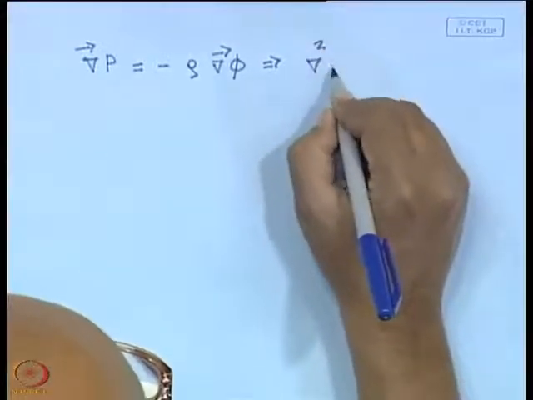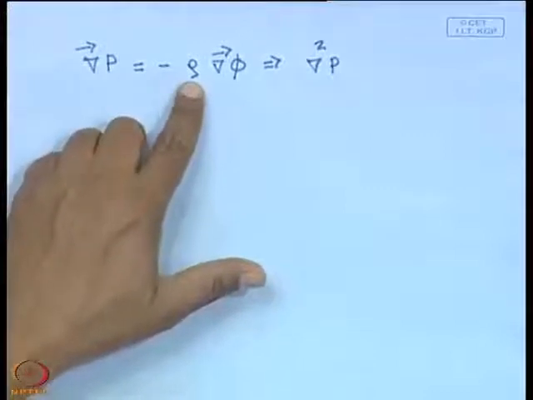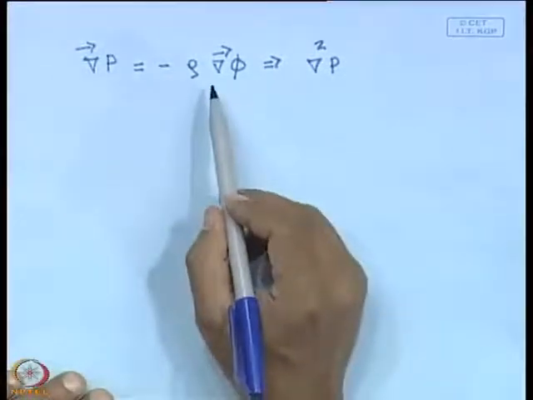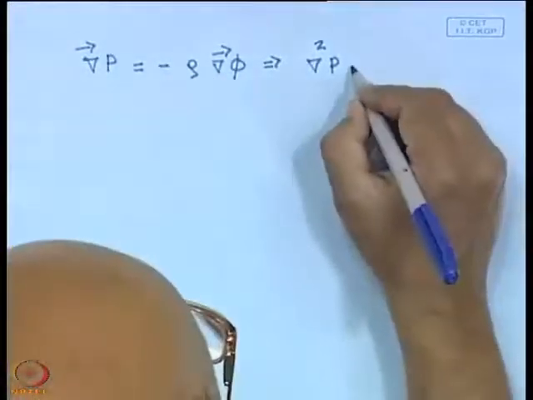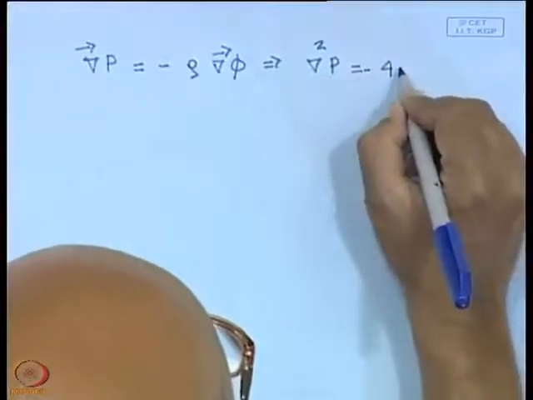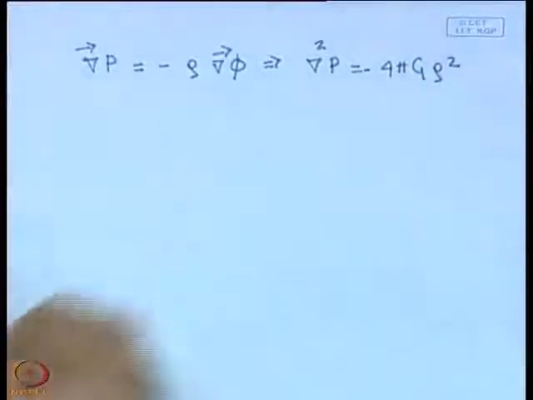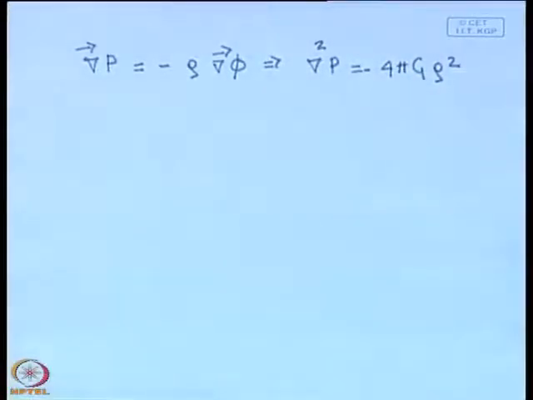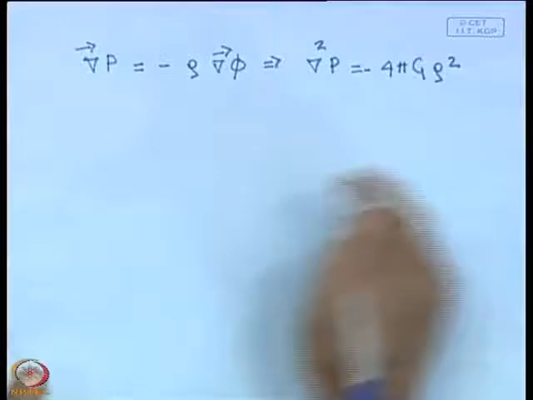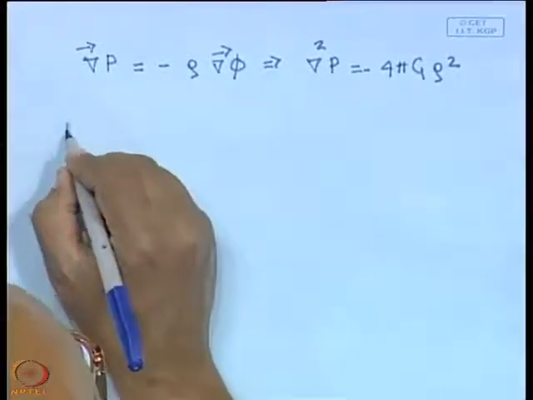del square P. Now we have assumed that rho is a constant, so I can take it outside. So I have del square of phi. This is equal to minus 4 pi g rho square. And we can write this in spherical polar coordinates. So if I write it in spherical polar coordinates, what I have is 1 by r squared